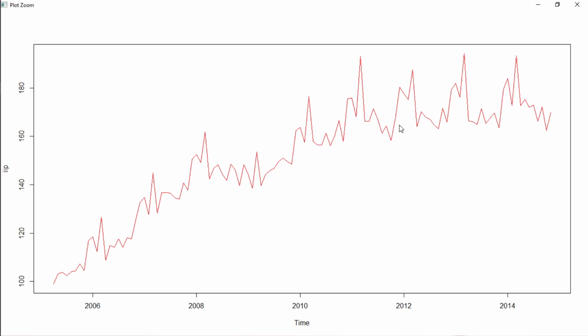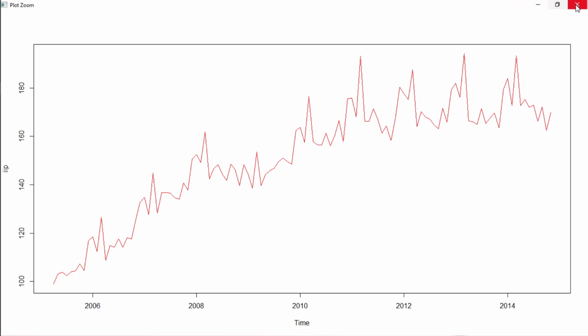So there is a clear pattern of movement during a certain point of a particular year. This is the first evidence that there is some kind of seasonality.